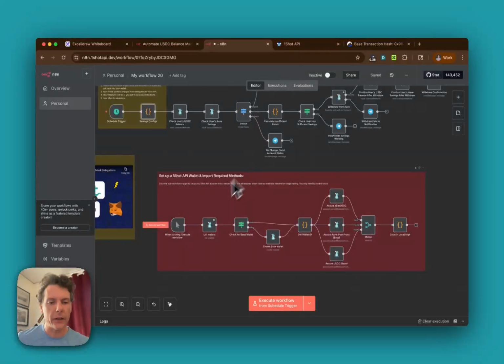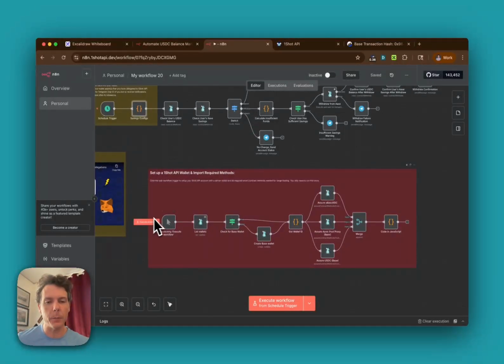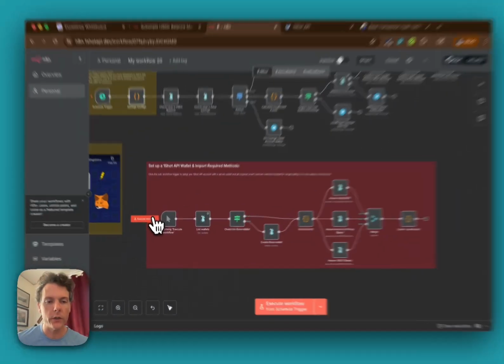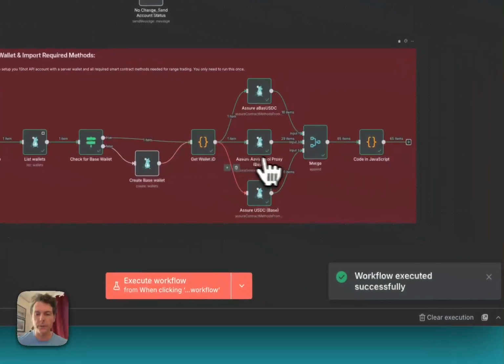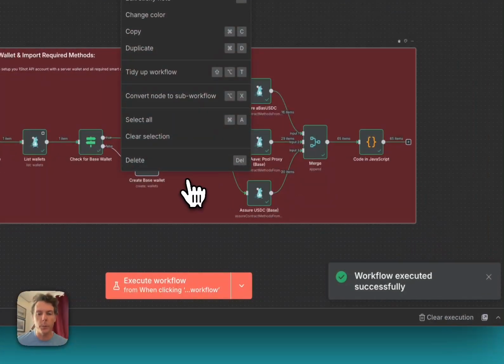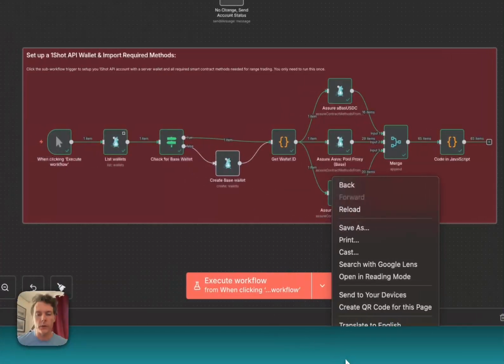Let's now execute this sub workflow. This is going to set up a base wallet if we don't have one already. It's going to import the smart contract methods that we need to reference in our workflow. It's going to print the contract method IDs that we need in our config to the console. So let's just run this. We only have to run it once, but it doesn't hurt to run it more than once. And if we open the browser console,